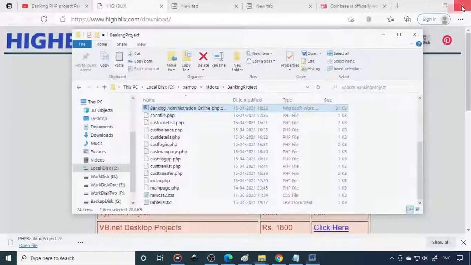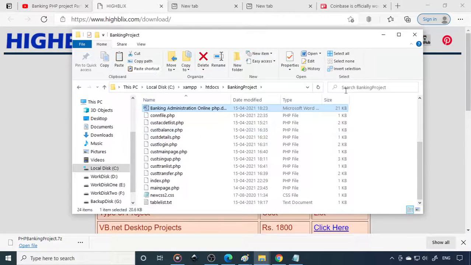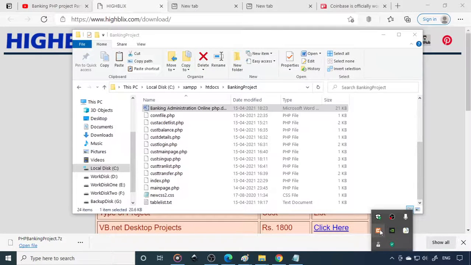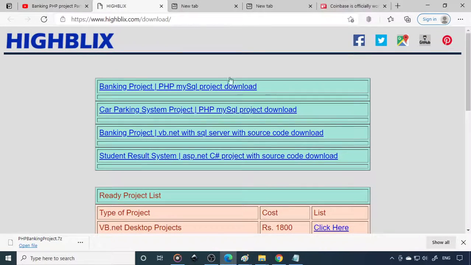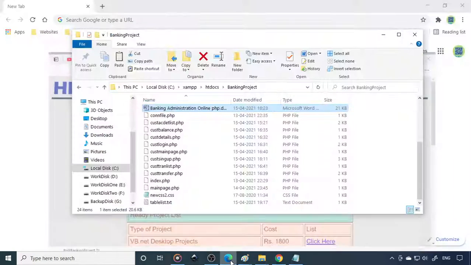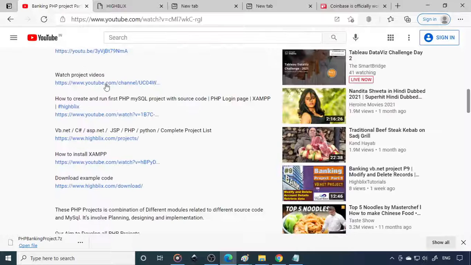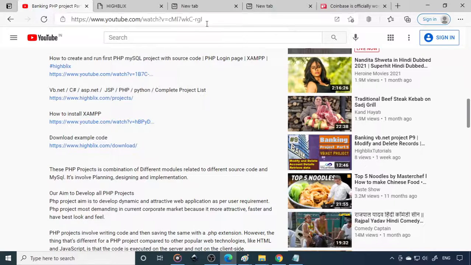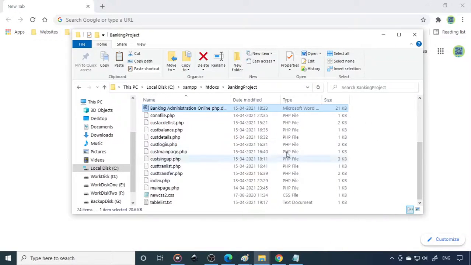Next step is you have to start the XAMPP server. Check whether the server is running. In this case it is already running. If in your system it is not running, you need to start the server. In case you want to see how to install it, you can go to our channel, where a video on how to install XAMPP is provided. Please watch that video, and you'll get a complete idea how to install the server.